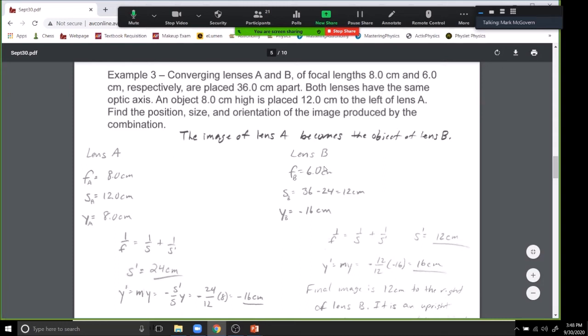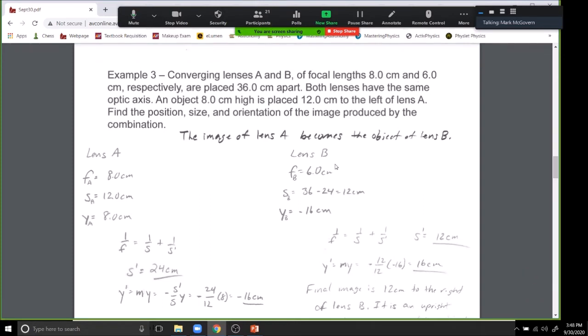Now we're given the focal lengths for these lenses here, so we don't need to know the details about the lenses. They can just be standard, like double convex or something. But we're already told the focal lengths, so that's not an additional issue. So I do my lens equation for a focal length of 8 and a distance of 12. I put that through my lens equation and I end up with an S prime of 24 centimeters. Now 24 centimeters means I'm on the right